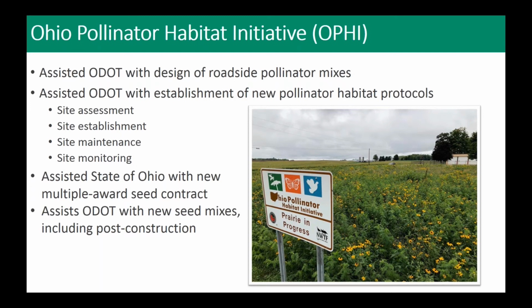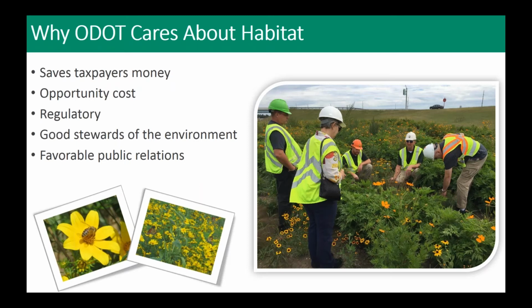So why does ODOT care about habitat? And I know we don't want to spend a lot of time talking about the whys. We want to talk about how we're doing things. But I think it's worth a mention. It really comes down, for ODOT,